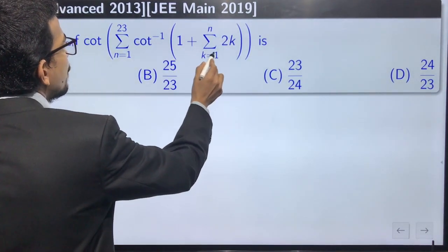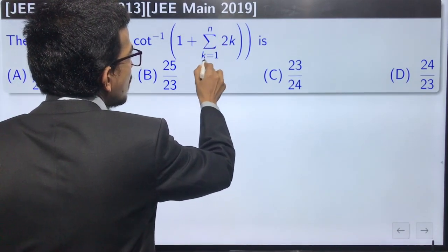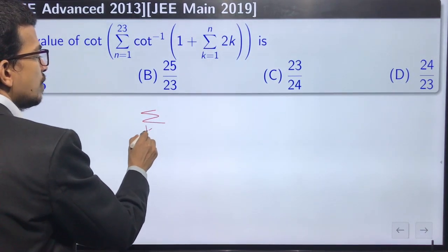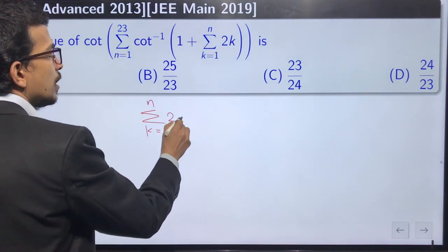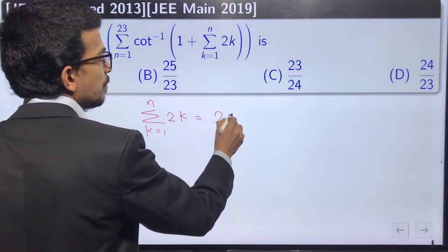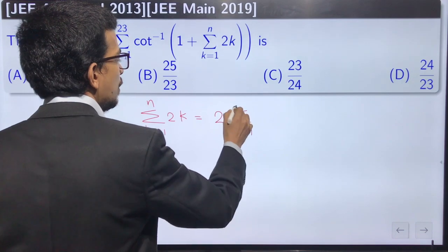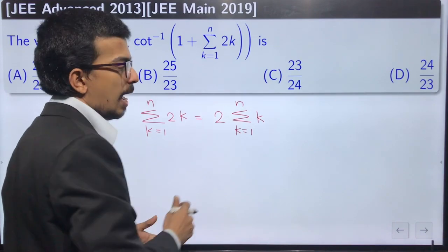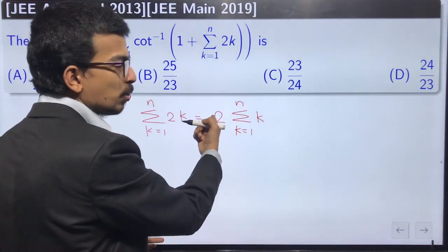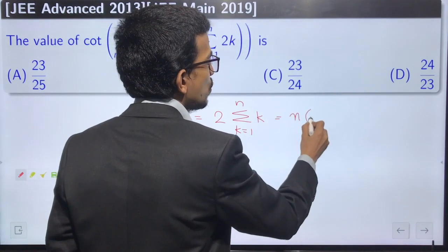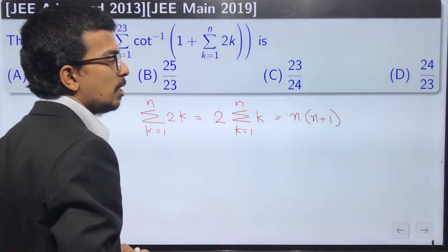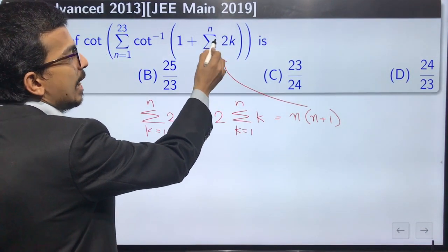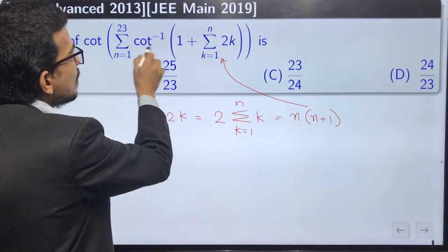So first of all, you see that there is a sigma k is equal to 1 to n 2k here. So the sigma k is equal to 1 to n 2k is nothing but 2 times sigma k is equal to 1 to n k. So this is nothing but the sum of first n natural numbers, and that is n into n plus 1 by 2, and there is a 2 that gets cancelled, so that is n into n plus 1, right? So let's go and substitute this here. So this expression becomes 1 plus n into n plus 1,